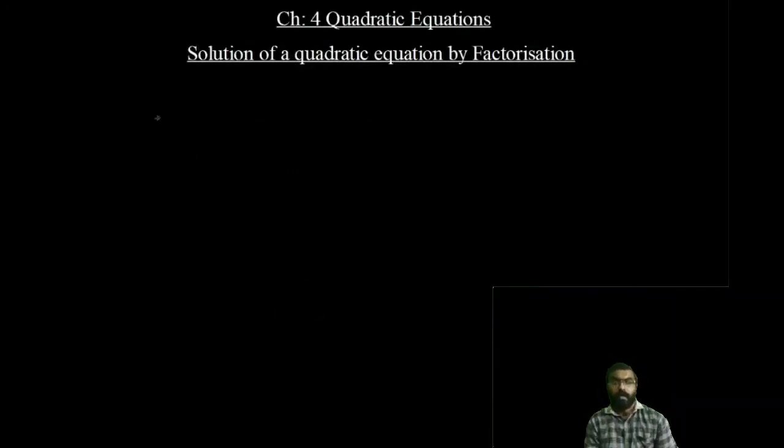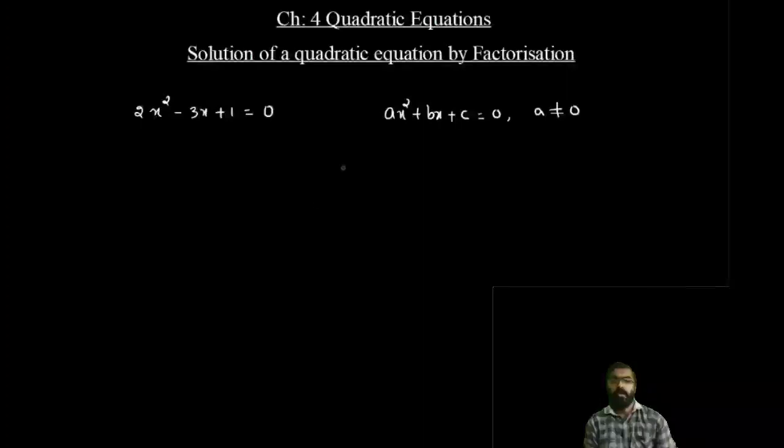Let's see how. Consider the quadratic equation 2x square minus 3x plus 1 is equal to 0. And we are going to factorize this quadratic equation by splitting their middle terms. The first point you have to keep in mind is the given quadratic equation must be in the standard form or general form. And we know the general form as ax square plus bx plus c is equal to 0, where a is not equal to 0. And clearly we can say here the quadratic equation is in the standard form. 2x square minus 3x plus 1 is equal to 0.